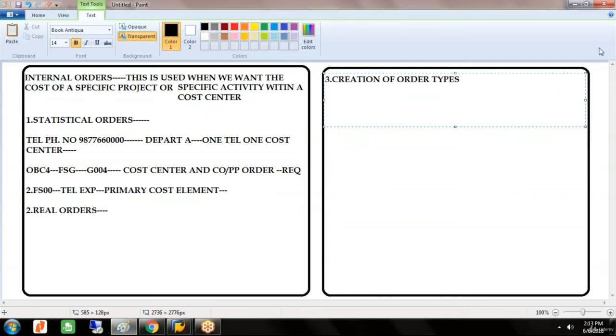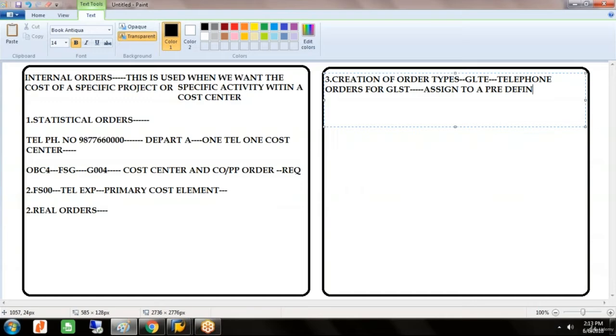Now why we are creating this order type is, let us say I'll give a name to our order type as GLTE. I'll give a name to this as telephone orders for GLST. Now we'll create this order type and this will assign it to a